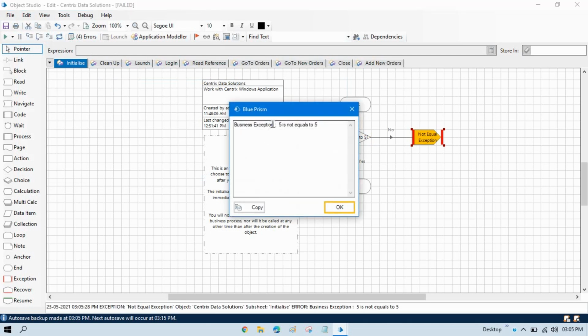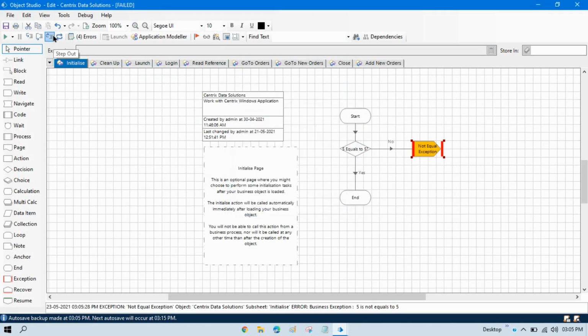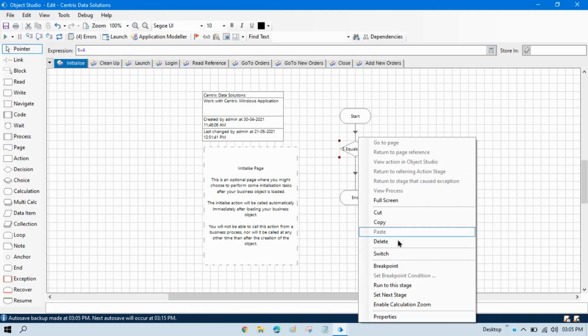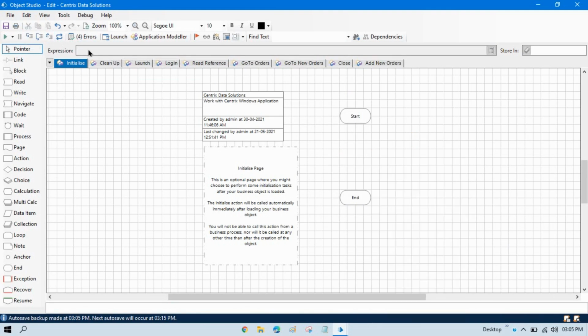And now you can see this is a business exception, 5 is not equal to 5. I will show you a real-time example that we have used in this Centrix data solutions, and in this one